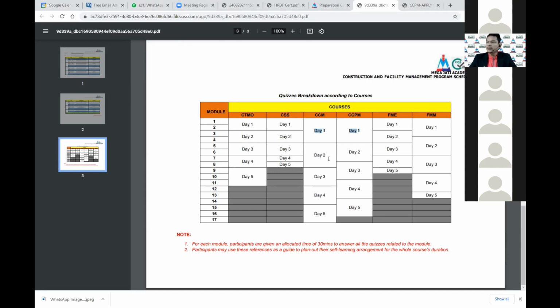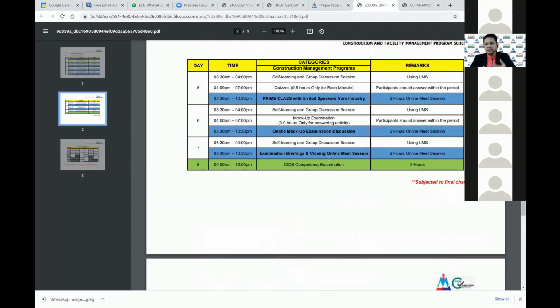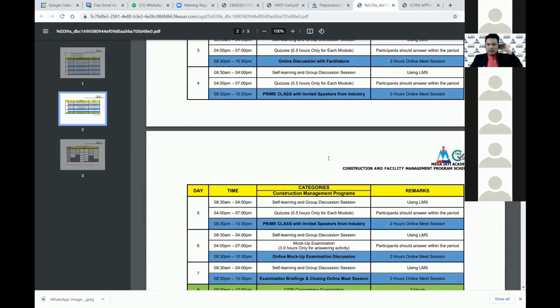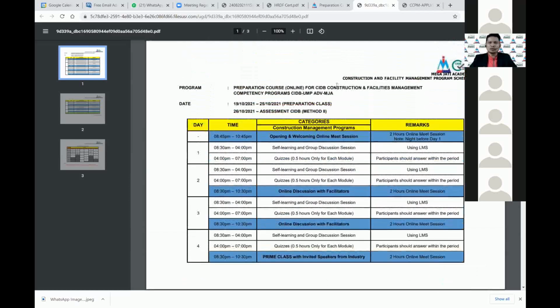One week, how many hours? I cannot remember, I cannot calculate. But that is the allocation of time that you need to calculate. You need to allocate it if you want to go for the session. But as I mentioned, you don't have to go for this if you are okay.